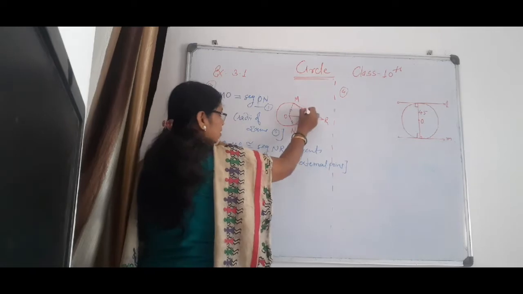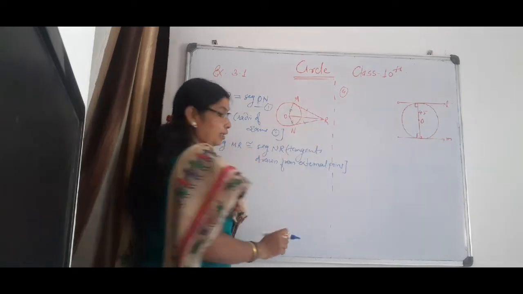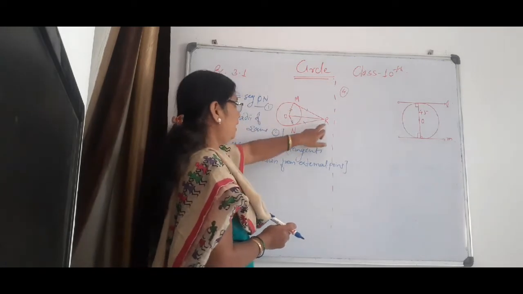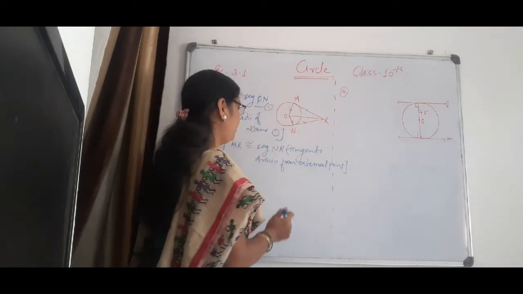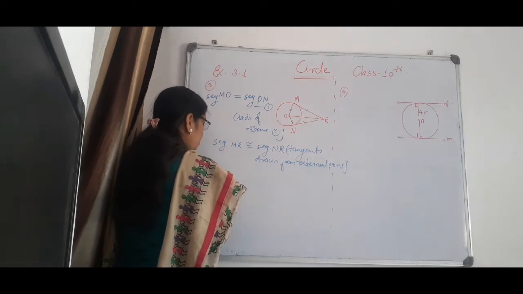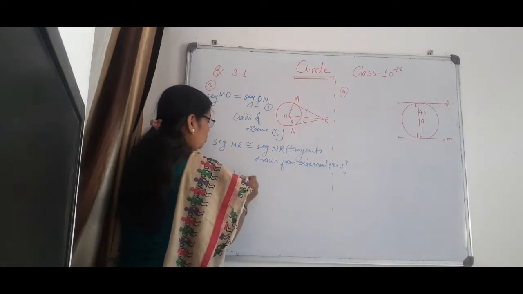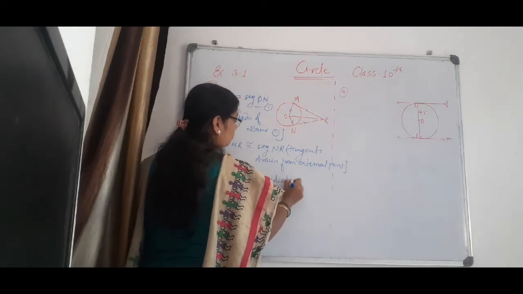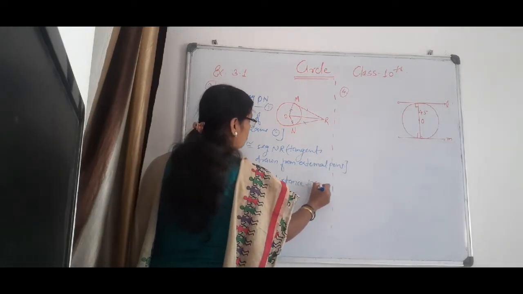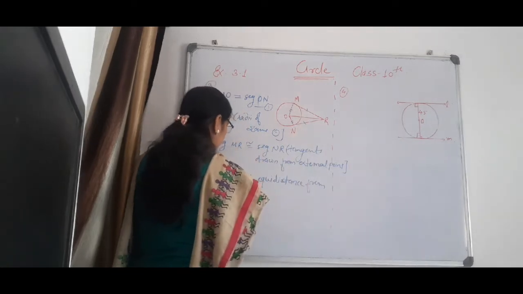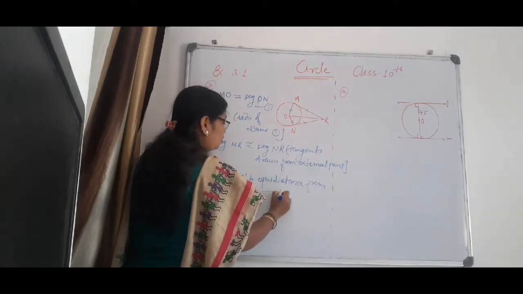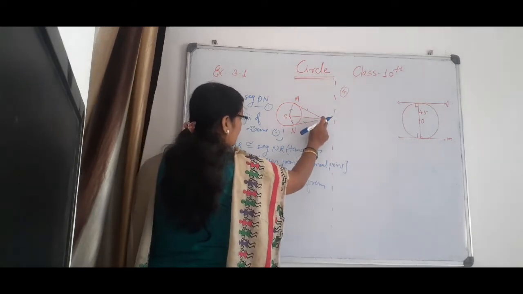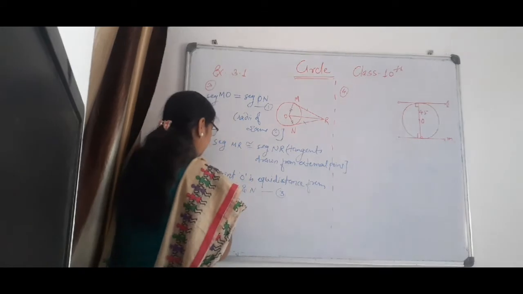These both have the tangents, therefore these are also congruent. Now point O is equidistant from M and N, and R is also equidistant from M and N. Point O is equidistant from M and N. It is your third statement. Then what is the fourth statement? R is equidistant from M and N.